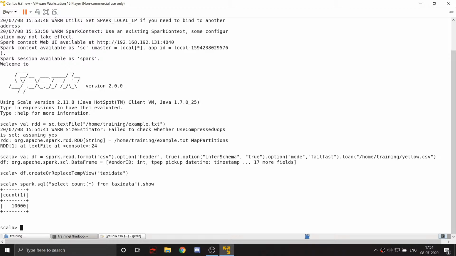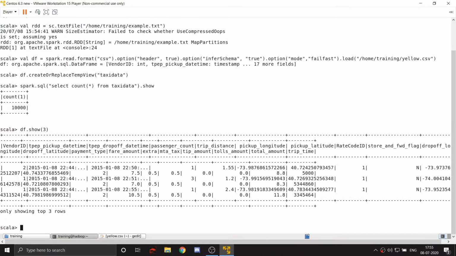So now we want to find out the total revenue that is generated, right? So the total revenue that would be generated from all of this would be the sum of the revenue column. So if we just simply see how this is working, if we type in df.show and type in 3, so we want to see 3 records to get an idea of how the columns are working. Press enter. So as we can see,